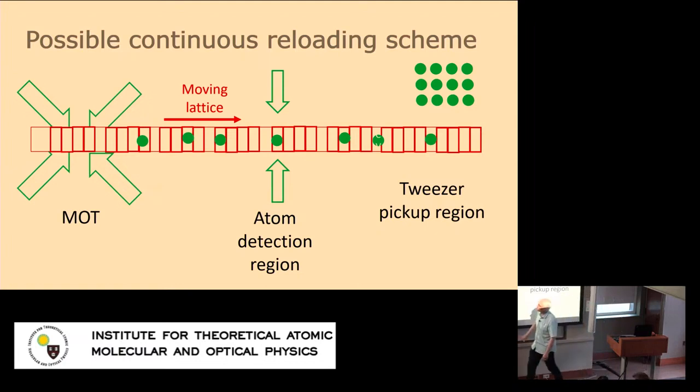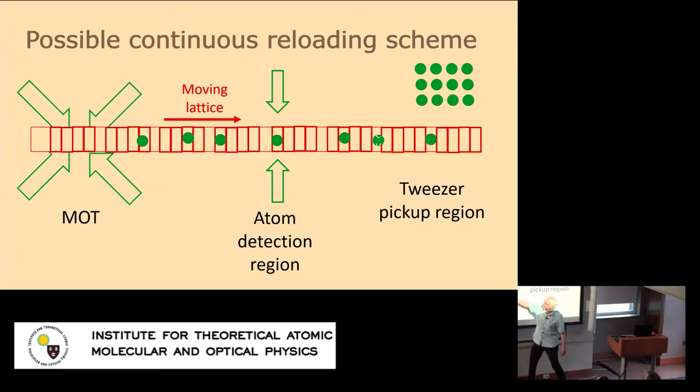So this is one of the ideas that we want to try for this region, for another region, which maybe could look as the following. You could have a MOT off-site, maybe a few centimeters away, somehow isolated with some nice baffle so that the fluorescence doesn't do very much. And then people have shown quite long-range transport. For instance, Dieter Meschede and other groups have shown quite long-range transport in moving optical lattices. And Shimon Kolkowitz has also shown nicely that you can use a moving lattice to pull atoms out of a magneto-optical trap. So you could imagine a system, and we're looking into this, where you have a moving lattice which somehow extracts atoms from a MOT.